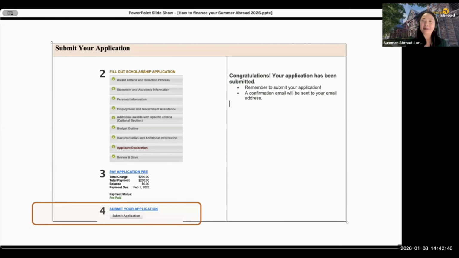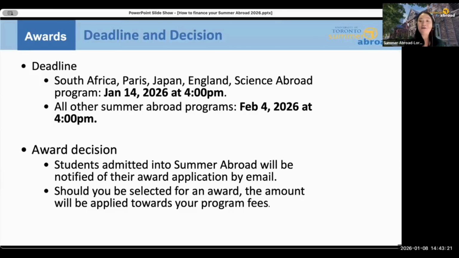Last part, last but not the least, it's an important tip, believe me. Remember to submit your application. We sometimes find students get into all the different pieces and they are so passionate about this, they forget to hit submit. And I apologize, it's sometimes not the easiest button to see, but make sure that you have clicked submit application. And as soon as you do that, you will receive a confirmation email thanking you for doing that. So that's the end. The form looks hopefully straightforward and simple.